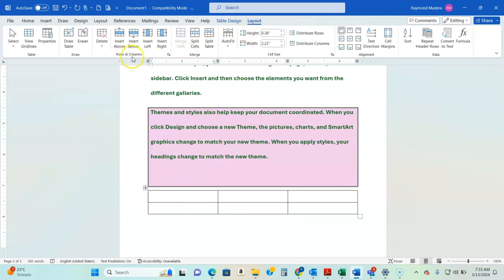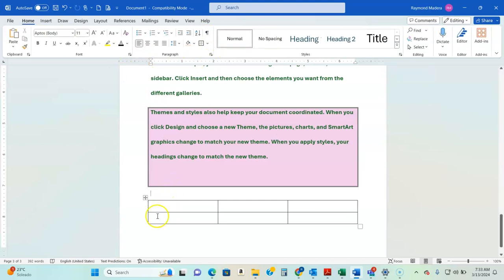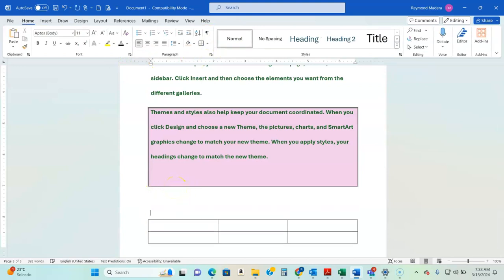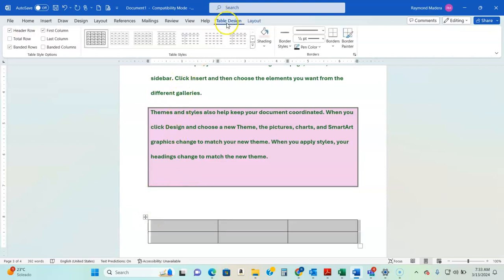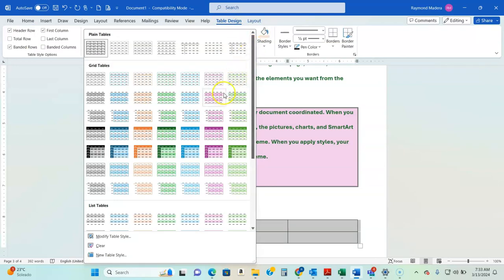So I'm going to split this table right here, and if I do that, I will have a space, and then I will press enter, and you are going to choose a table design for your table, and